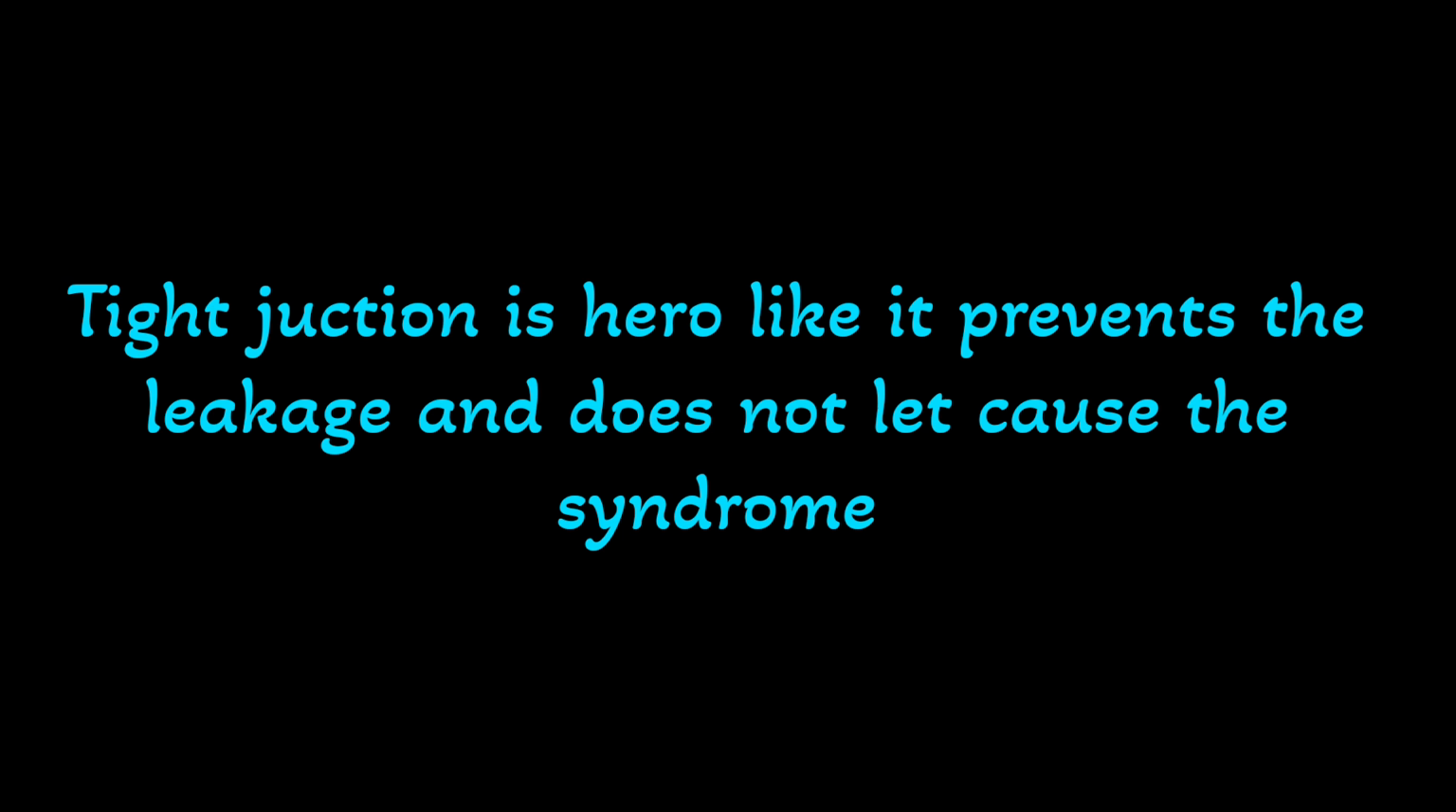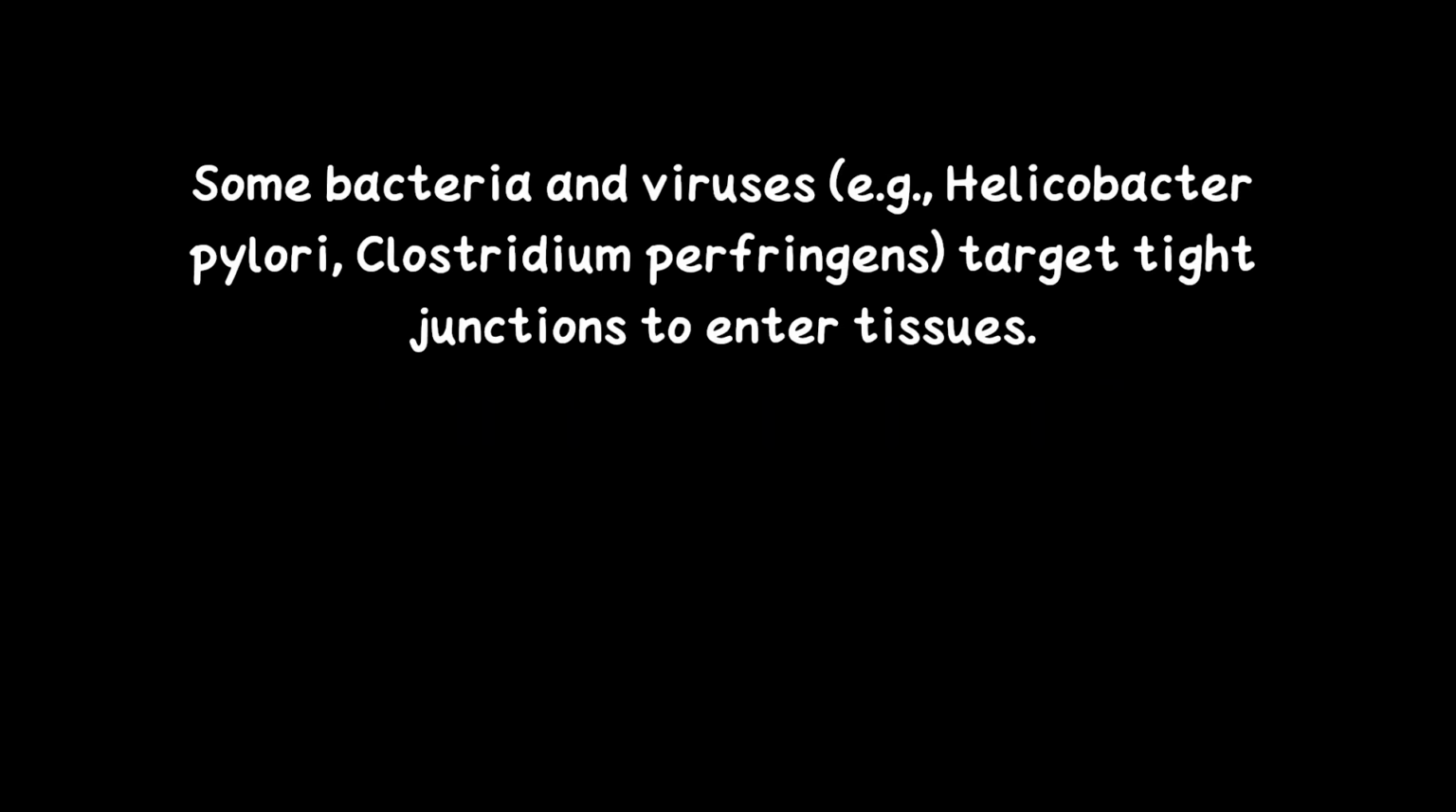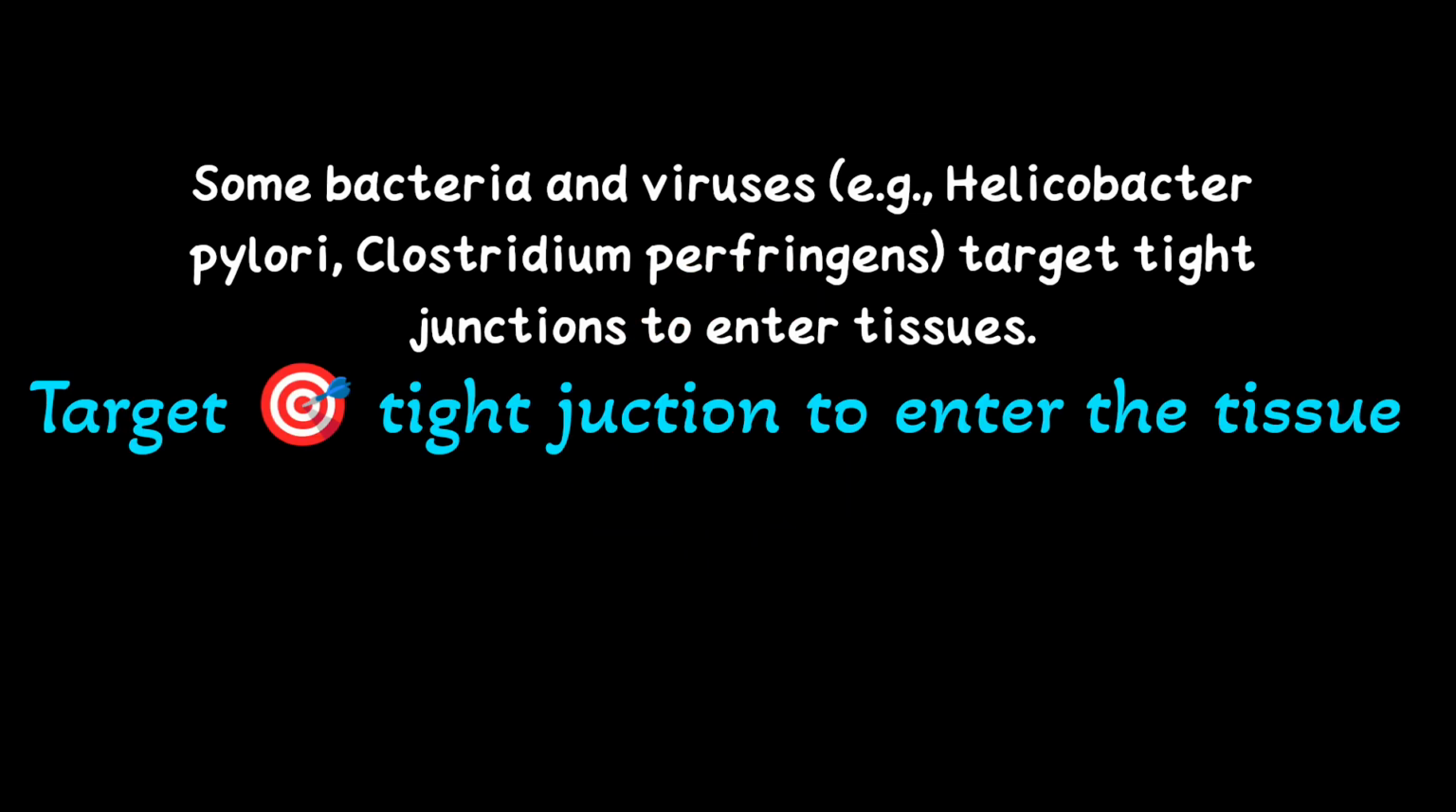So there is leaky gut syndrome. It disrupts the tight junctions in the gut and allows toxins to enter the bloodstream. To prevent leaky gut syndrome, we need these tight junctions. Then for cancer, altering tight junctions can allow cancer cells to invade, and pathogens, for example some bacteria and viruses like Helicobacter pylori or Clostridium, target the tight junction to enter the